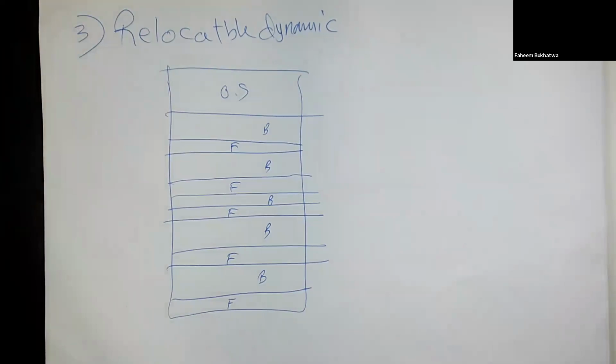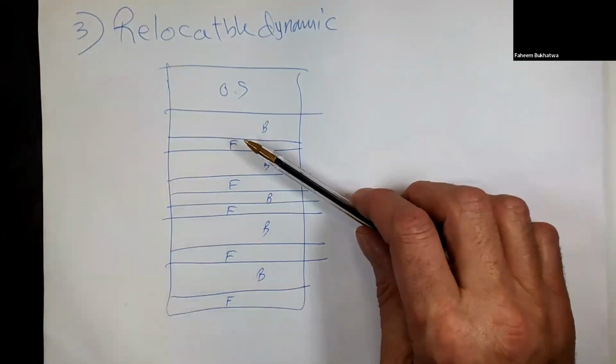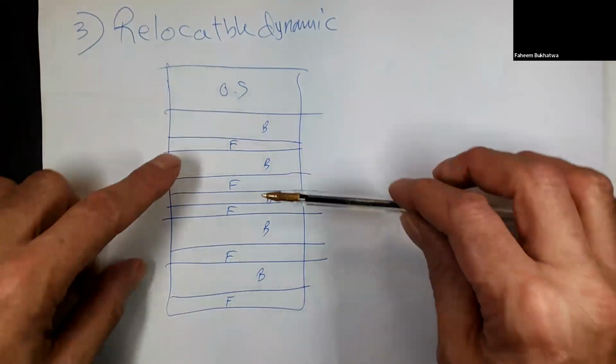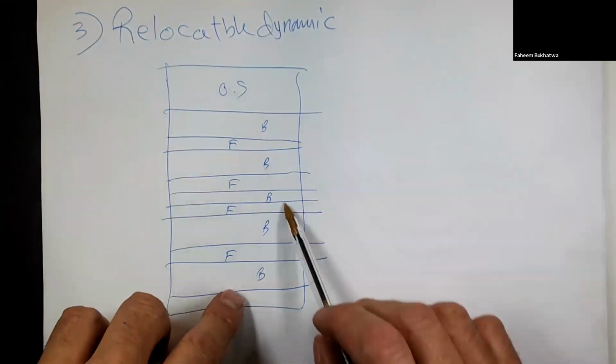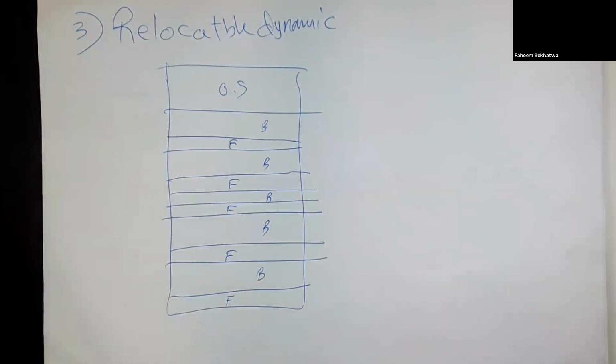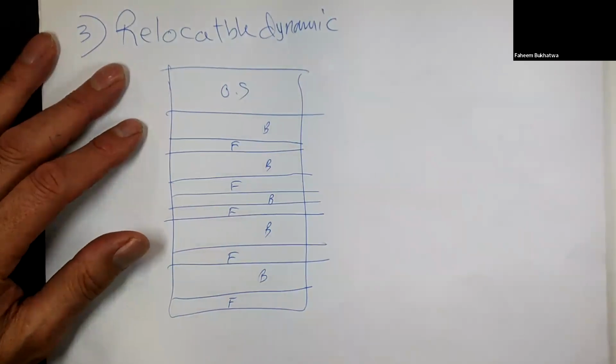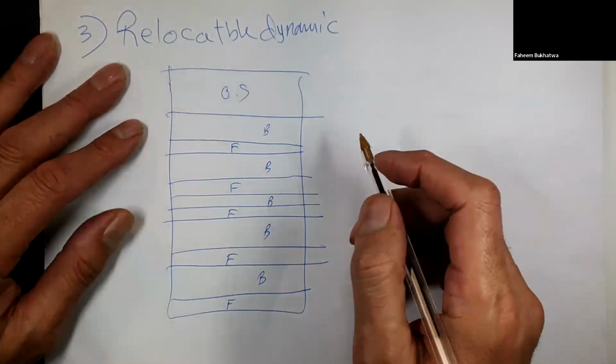And you can have thousands of fragmentations. And sometimes you need a program that's 500K, and you have plenty of memory space, because you know your total memory and the total programs that are running, you should have 5 million bytes of memory. But you cannot run it because there's lots of fragmentation. So they said every now and again, when it's a good time,